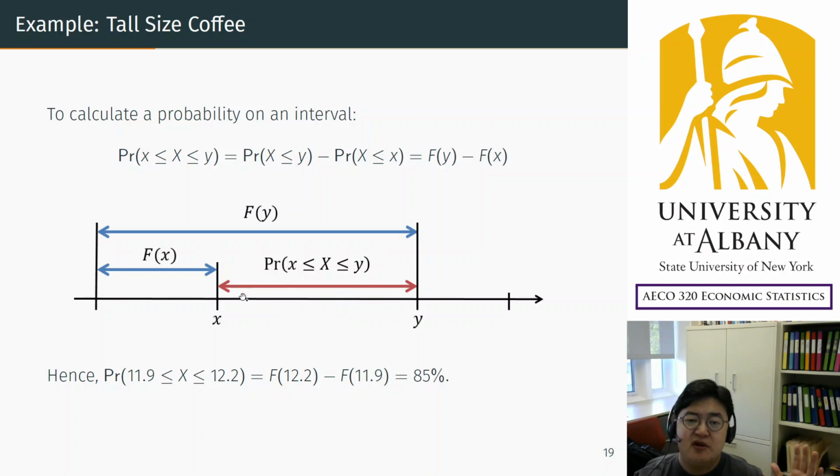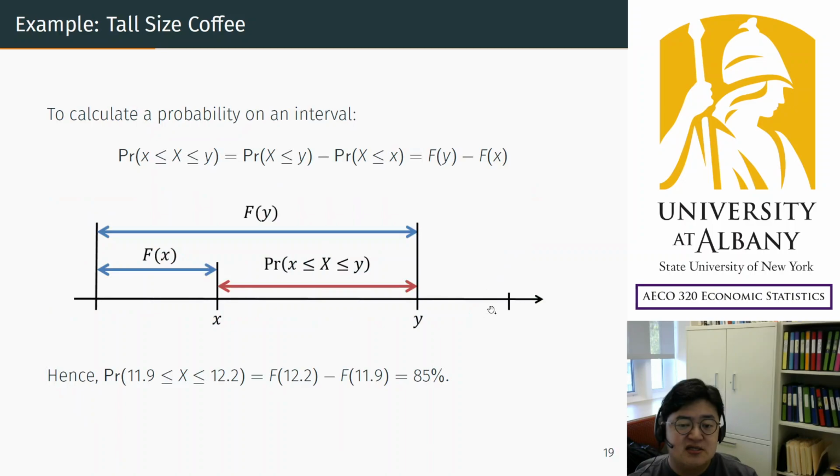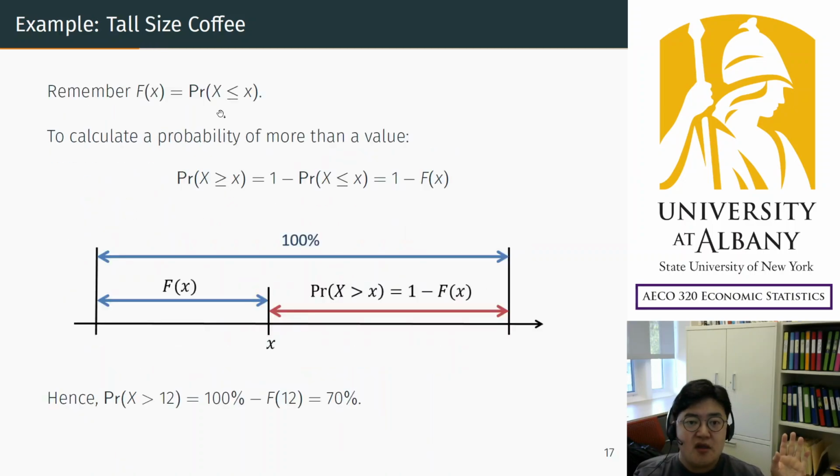So the probability of an interval greater than something but smaller than something can be calculated by differencing two CDFs. That's how we calculate probability on an interval with two endpoints, okay? By simply taking the difference. So what I'm saying here is based only on the CDF,